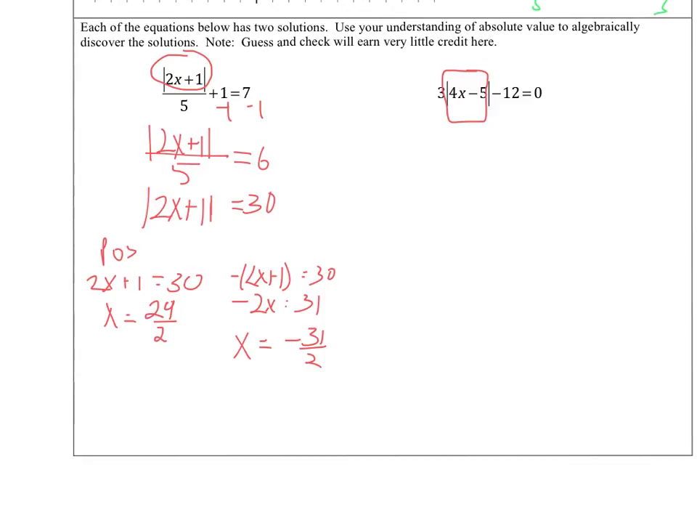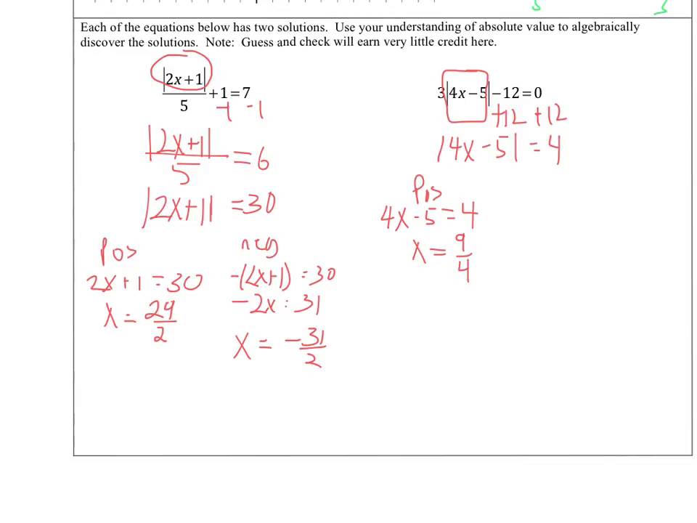Finally, we're going to do the other one. So I might add 12 to both sides. And then I'm going to divide both sides by 3, leaving me with the absolute value of 4x minus 5 is equal to 12 divided by 3 is 4. Same thing, I've got the positive case where 4x minus 5 is positive, and that equals 4. I'm going to add 5 to both sides, divide by 4 to get x is equal to